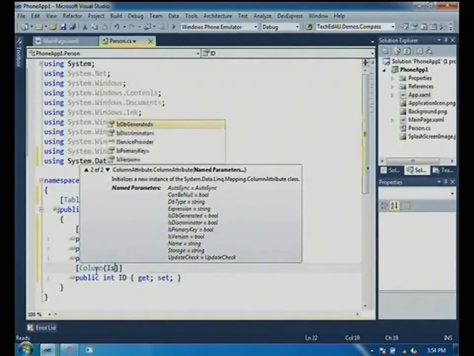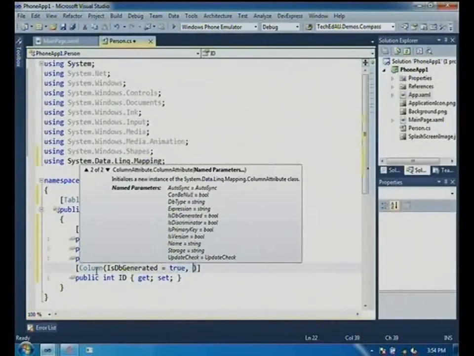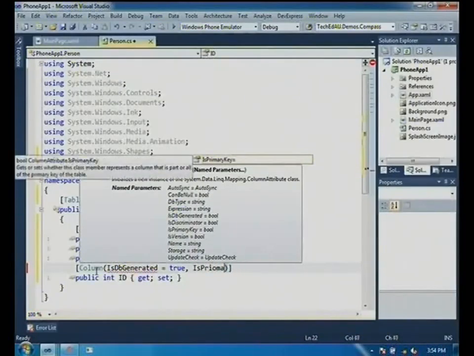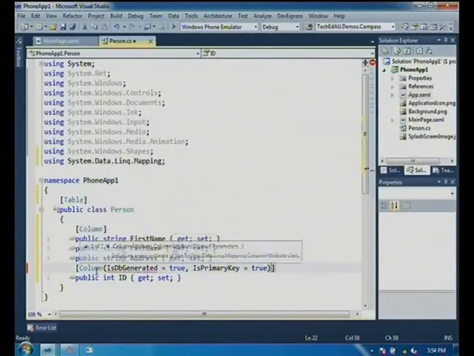So we want it to be IsDbGenerated. And then this is the primary key. Done. Our POCO class is